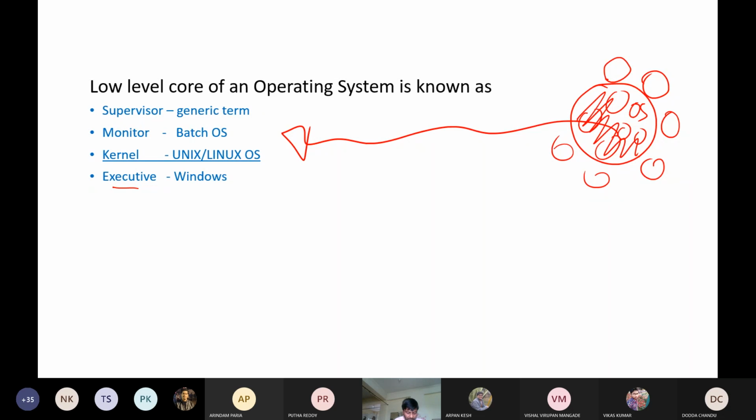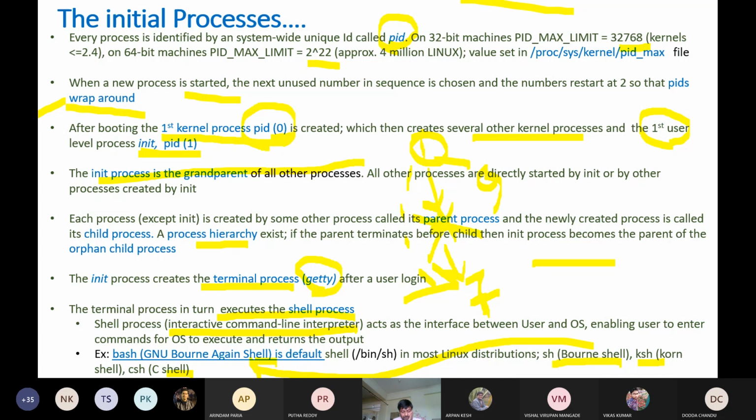So whenever from now onwards we say kernel, kernel means the core of the operating system modules that controls the different resources in Linux or Unix. Now, we already found in our last class, and I think meanwhile Animesh also has discussed about process. So what we also discussed is that a program, when we compile it, we get the object code, and when